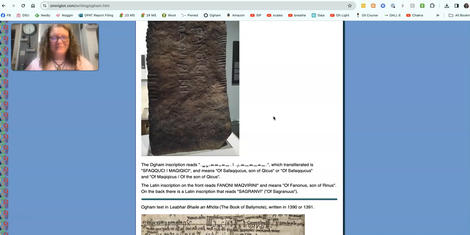I think it's a really awesome, fun system to learn. I think it's a great secret system to learn. Maybe the sisters, we could adopt this as our language and write notes to each other in Ogham. And like the Elder Futhark, it helps me to connect to my ancestors. I have Irish blood, I have Scottish blood, I have English blood, I have Pictish blood. So this helps me to just connect with my ancestors. And sometimes I will put inscriptions on things and put it on my sacred space for my ancestors. I'll be doing that now during Imbolc, writing some messages to my ancestors in both Elder Futhark and in Ogham.